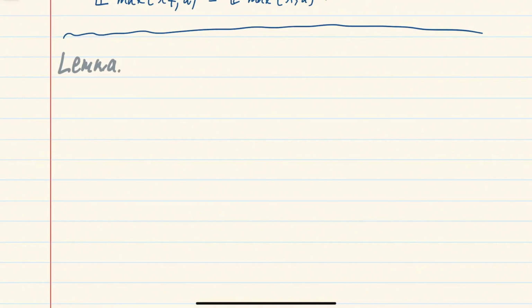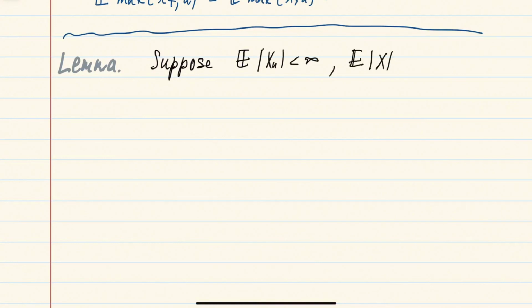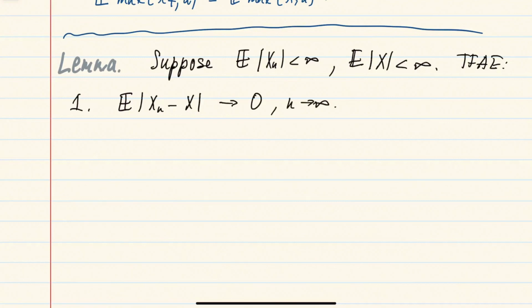Okay, so namely, suppose that we have a sequence of random variables which are all integrable, and we have some random variable x which is also integrable, then the following are equivalent. One is the convergence of xn to x in L1 norm. So if you take the expectation of the absolute value of their difference, this goes to 0 as n goes to infinity. And 2 is that this sequence xn is uniformly integrable